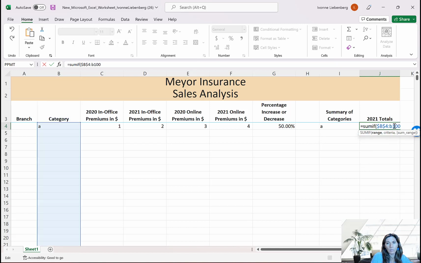We want to apply this particular formula to the first 100 rows. So I'm going to put F4 in front of the B and the 100. We want to fix that entire range, comma. We want I4, so that's the criteria. We want this to be equal to that particular category, which is on cell I4, comma, and now we have